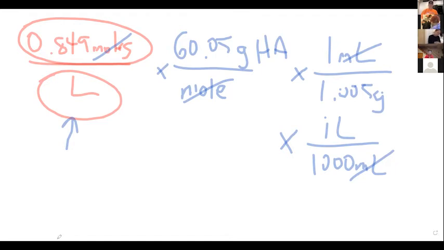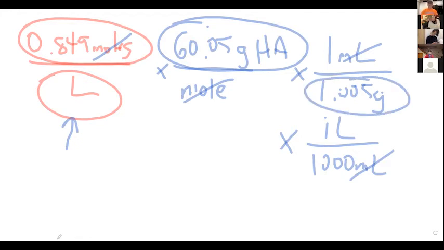And what I have now is, on the numerator side, grams of acetic acid, and on the denominator side, grams of solution. So let's plug that in. 0.849 times 60.05, divided by that. So that equals